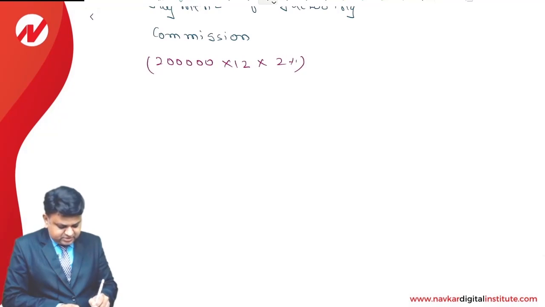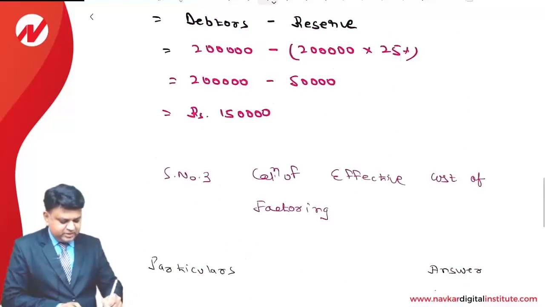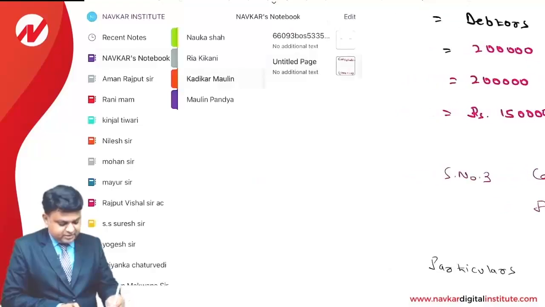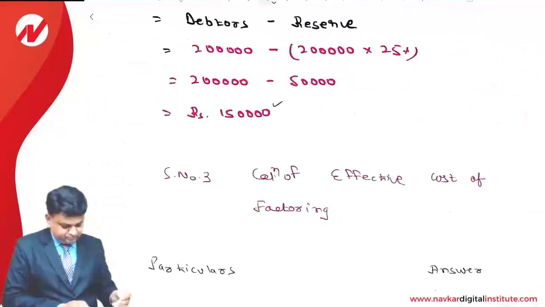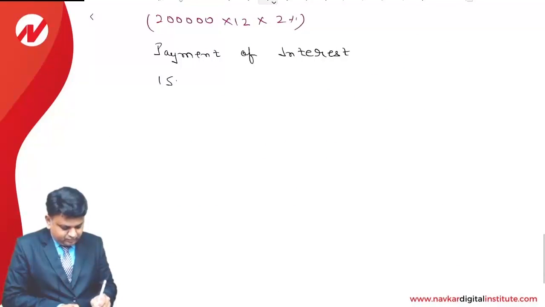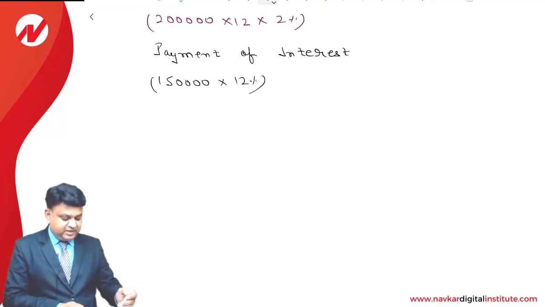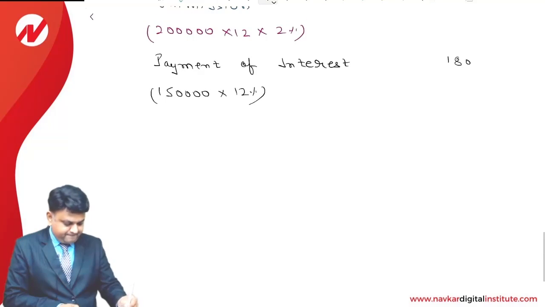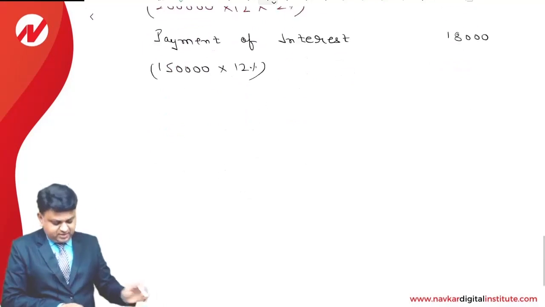Next is payment of interest. See, the amount of the loan is 1,50,000 and the rate of interest is provided to us in the example as 12%. So 1,50,000 into 12%. It is an amount of 18,000. These two are the expenses which we are going to incur with the appointment of the factor, less